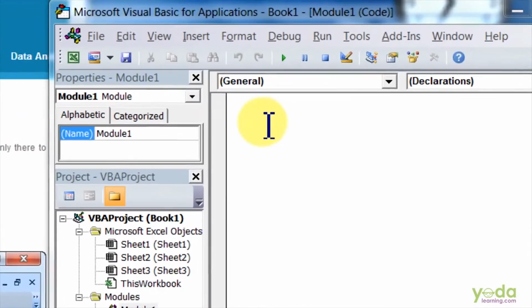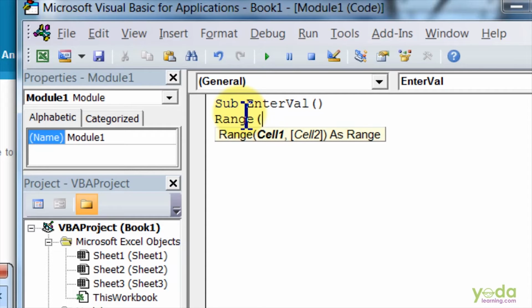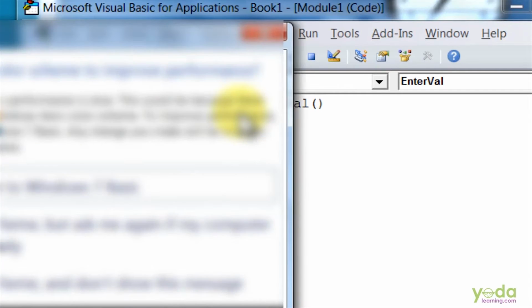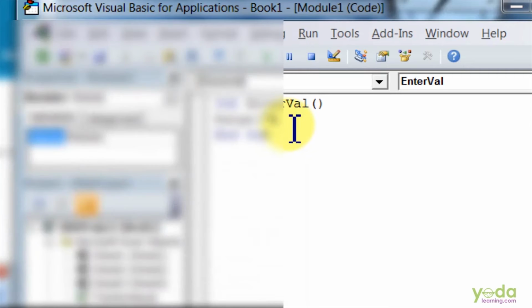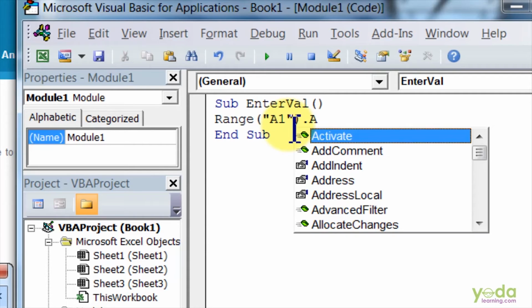I'll type a code here. Say Sub EnterVal. I'll say Range, I'll open the bracket, and type the range here.